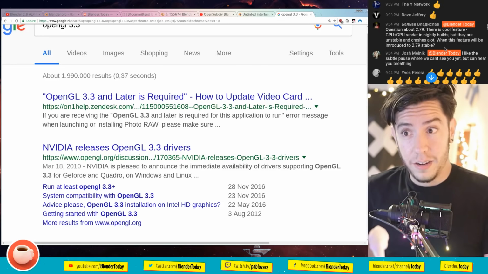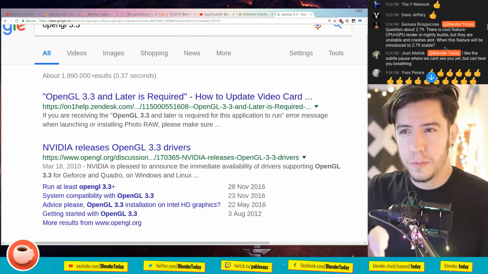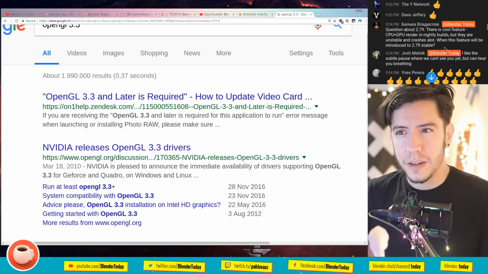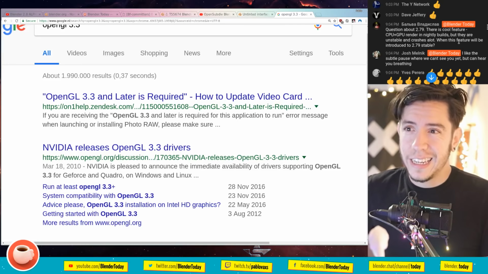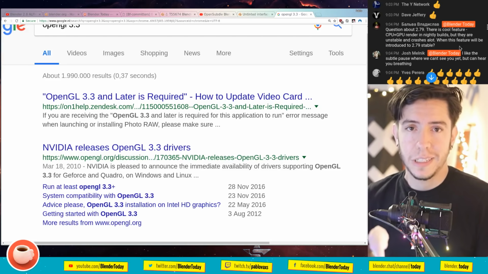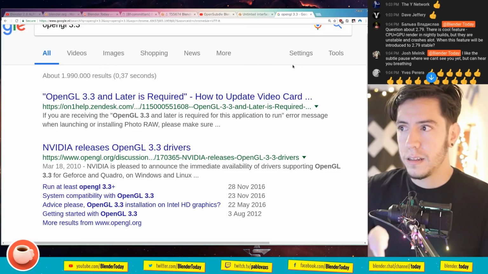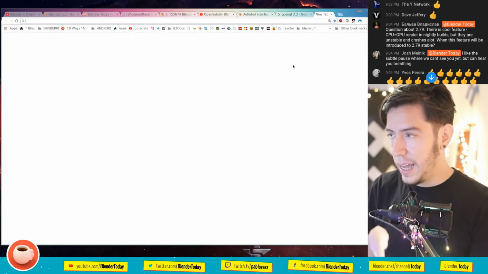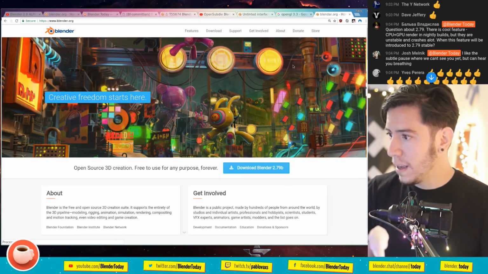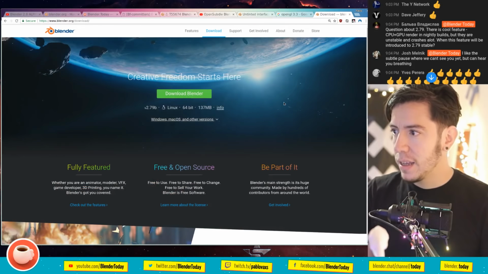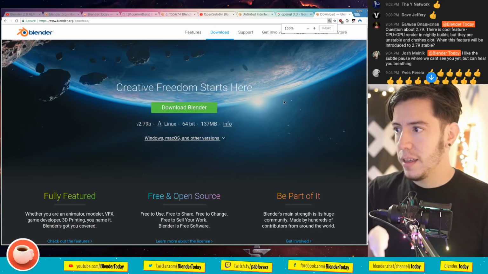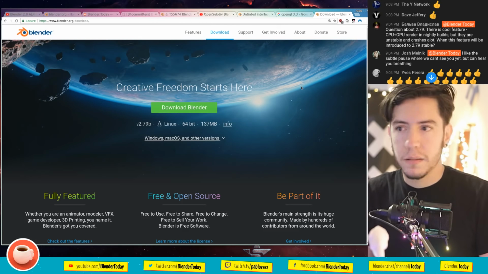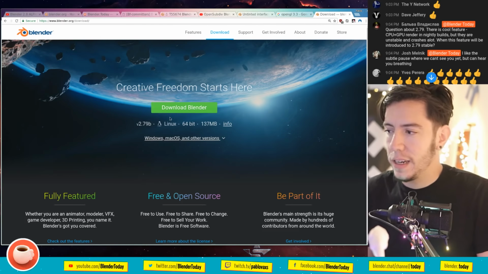Question about 2.79. There is a cool feature, CPU plus GPU rendering in nightly builds, but they're unstable and crash a lot. When will this feature be introduced to 2.79 stable? Unfortunately, never, because Blender 2.79 is done basically. The last version of Blender 2.79 is 2.79b, and it's over basically.